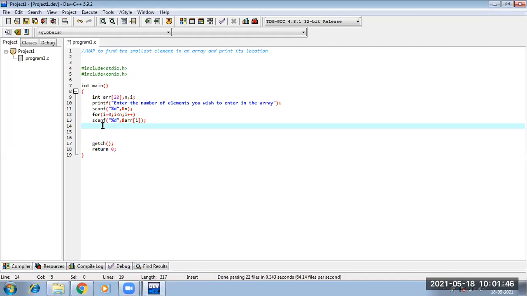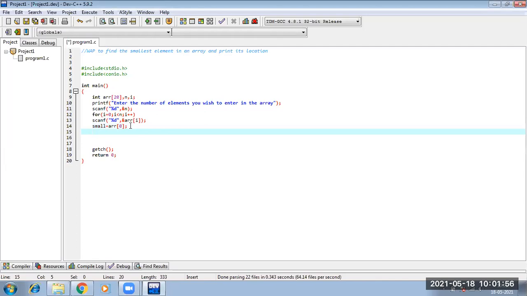So here first I will do what? I will use a small variable, and there I will keep this value. Whatever value I assigned in 0th index, that value will be saved. And again, I will take a position variable, and there I am setting this index 0. And since I have taken this small variable and position variable, I need to declare them also. So I am declaring small, I am declaring position.